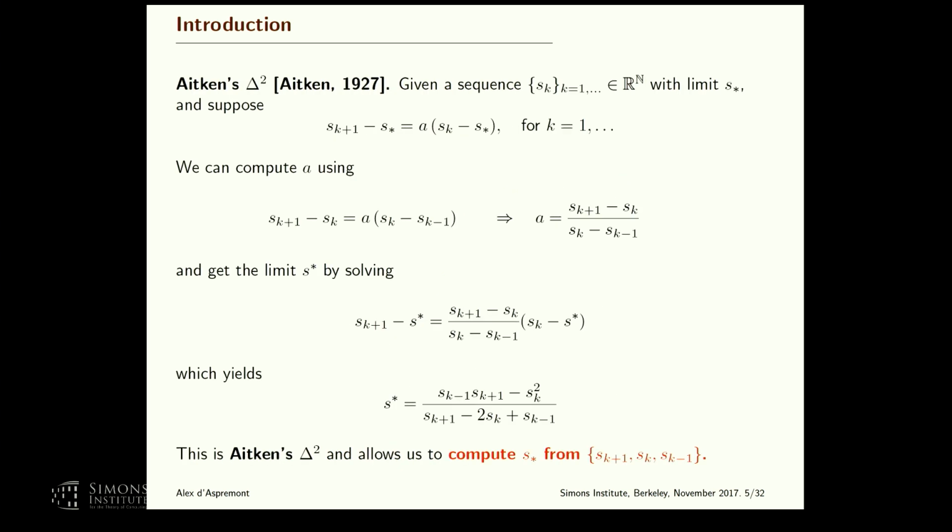So this is not a new idea, of course, convergence acceleration on sequences. It dates back at least to Aitken in the 20s. And Aitken's result is very easy to spell out. Suppose you have a sequence of scalars here with limit s star, and it follows this autoregressive process here. If you have 3 points, 3 iterates, you can get A here. And if you plug A inside the model, you can get an estimate of s star. Okay? So this is the formula. And that estimate is called Aitken's delta square. And it allows you to estimate the limit s star using only 3 iterates, right?